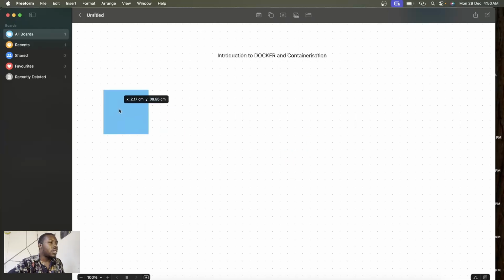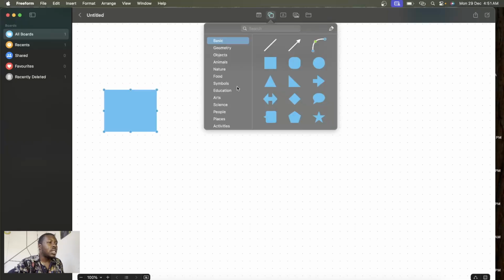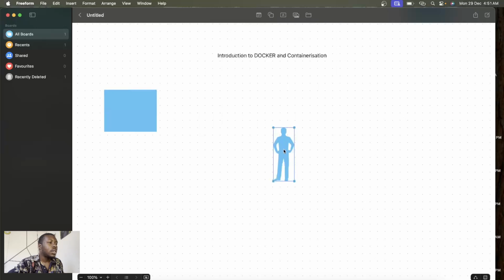So from previous classes, previous tutorials, we established that developers usually run their code on their computer, and then they make changes, they render it, they see whatever the application they are building.